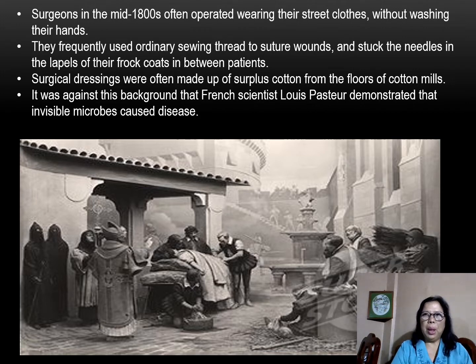So if a surgeon will work on an operation on patient X, without wearing any laboratory gown, without using an alcohol lamp, without using alcohol even, or any precautionary measure to prevent infection, that was not a practice during those times. And the sterilization of what they're going to use, like the needles,